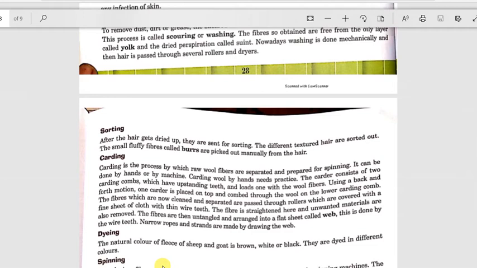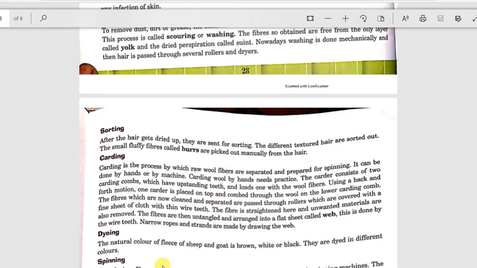That means carding is done with the help of a carder, and a carder consists of two carding combs, similar in structure to the comb that we use to comb our hair. But it has upstanding teeth, loaded with wool fibers, and the carder does back and forth combing, and in this process fibers are cleansed and separated.